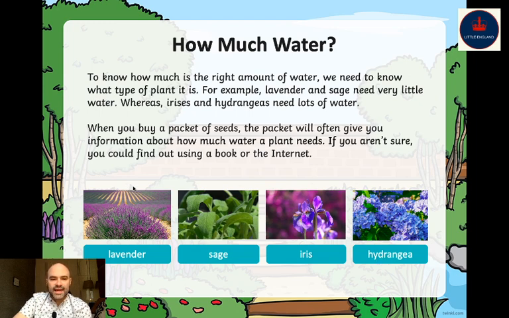Lavender, lavender, sage, iris, hydrangea, hydrangea. To know how much is the right amount of water, we need to know what type